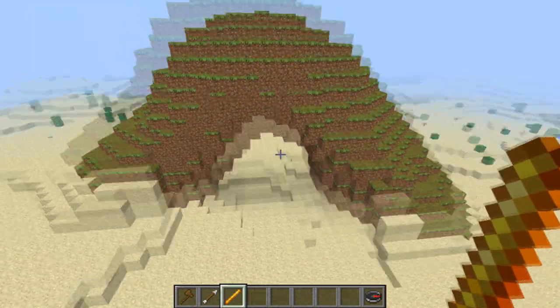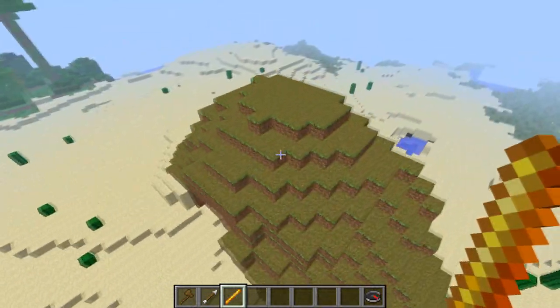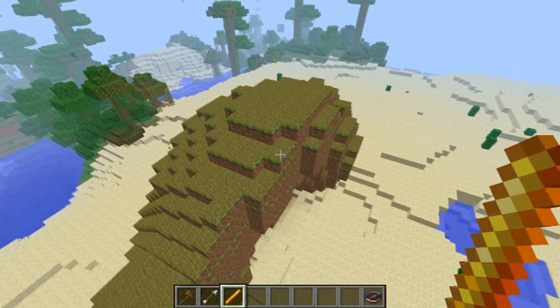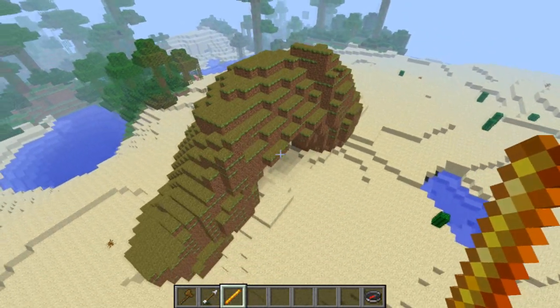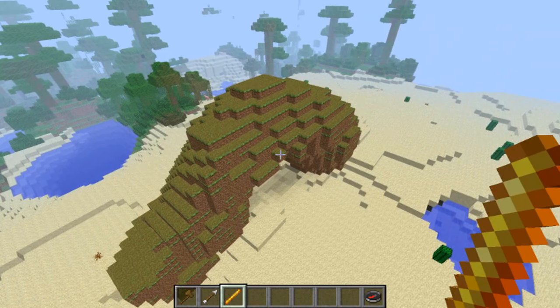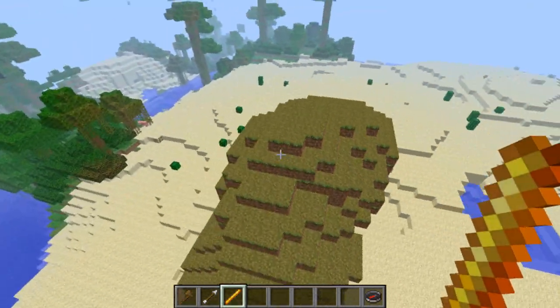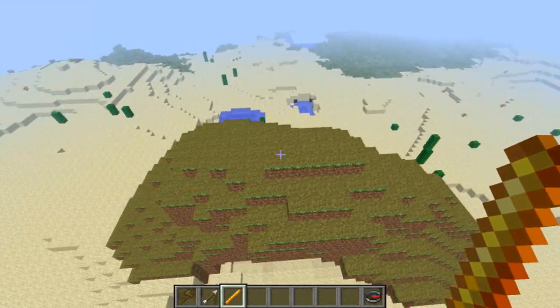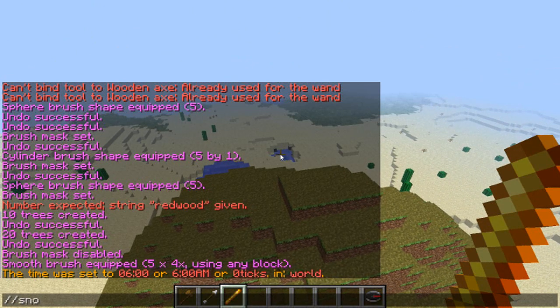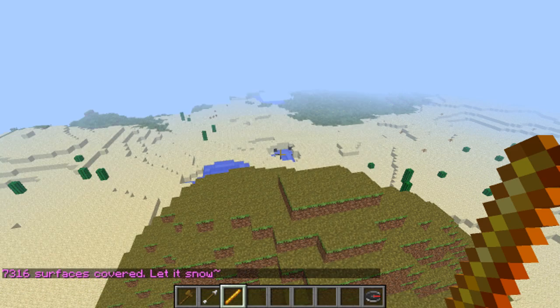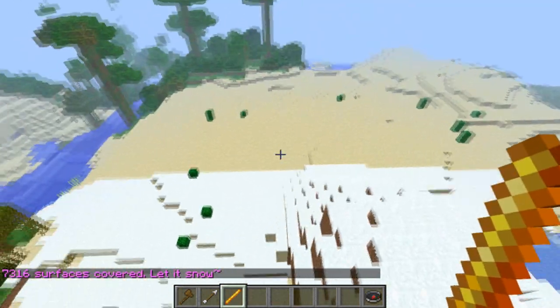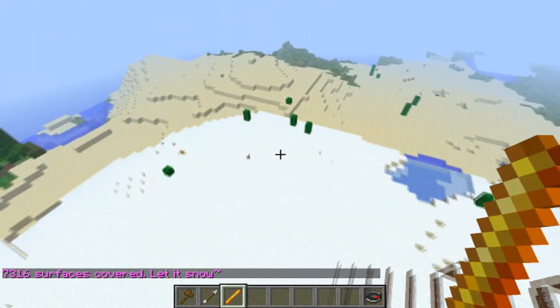Now, that's just another cool tool to use with WorldEdit. The smoothing tool is actually really helpful to make things look more realistic in your creations. Now, another command you can do is /snow. You can make it snow in the entire area that you have selected. For this example, I'm going to do 50 blocks, and it's going to cover everything within 50 blocks with snow,